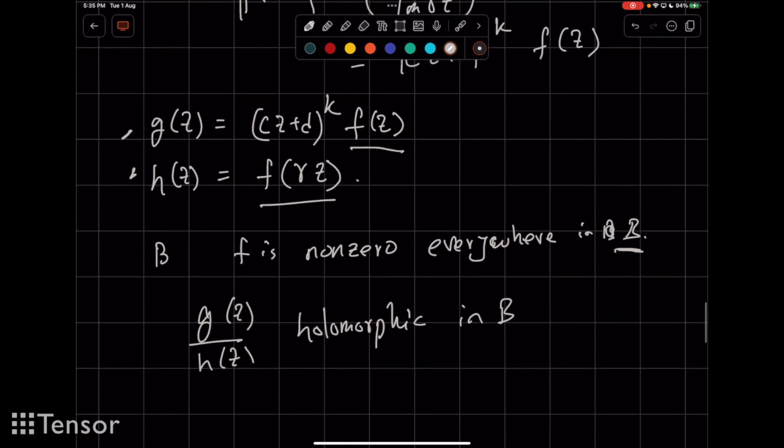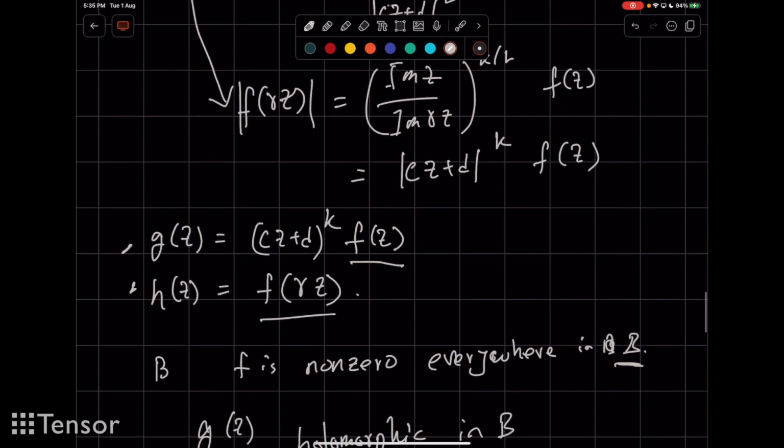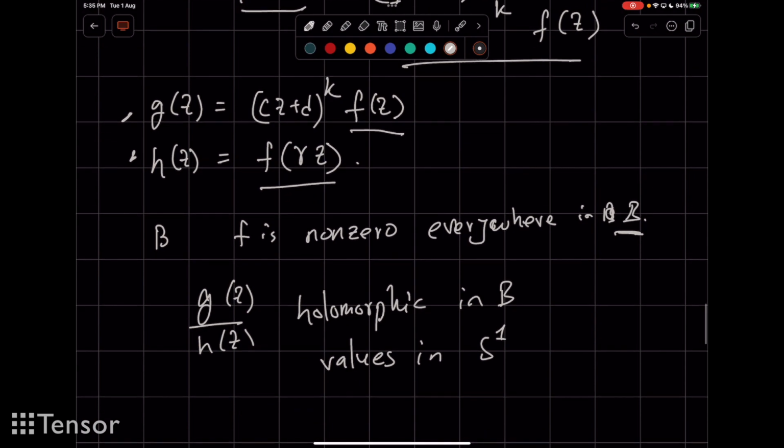And it has values in S1. Why? Because this quotient has absolute value 1. So this has values in S1. What does it mean? It basically means that,